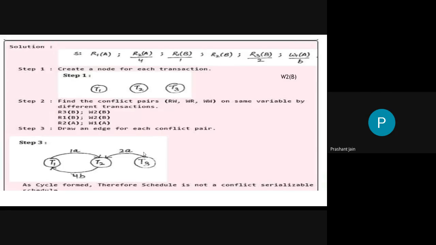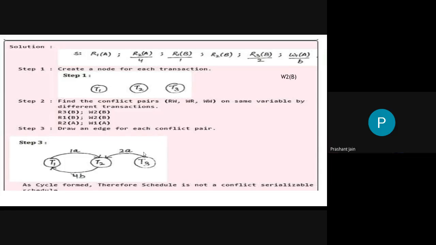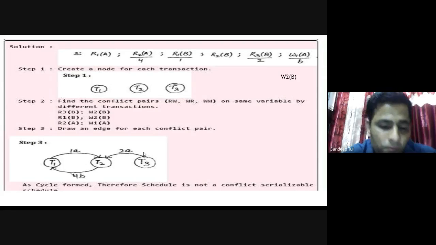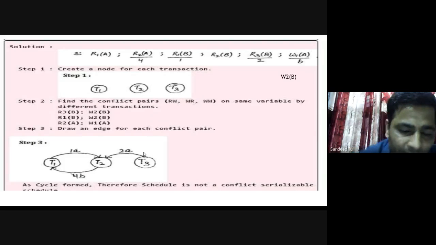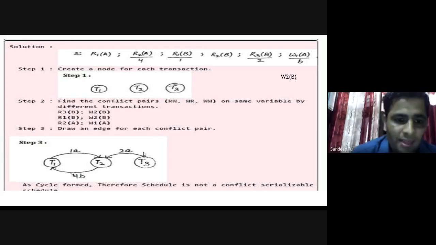Look, why is the order important? Because I need to make an edge and it will be a directed edge. Direction should be there in the edge. Edge from T1 to T2 says that. So for R3B and W2B, the edge should be there from transaction T3 to transaction T2. You are able to see now an edge from T3 to T2. Is it visible to you, is it okay?